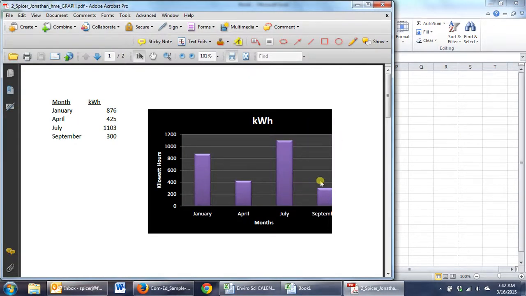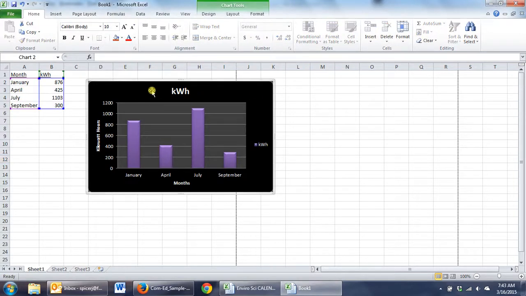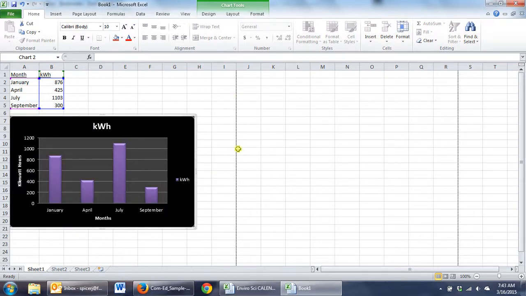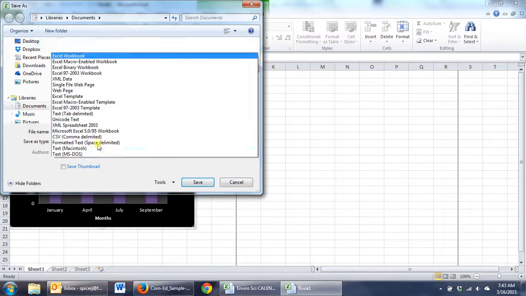And it looks like it cut this off a little bit. If you see where your graph gets cut off, I would just click your graph and move it right underneath it, because then it stays within the page borders. And then you would go File, Save As again, as a PDF,